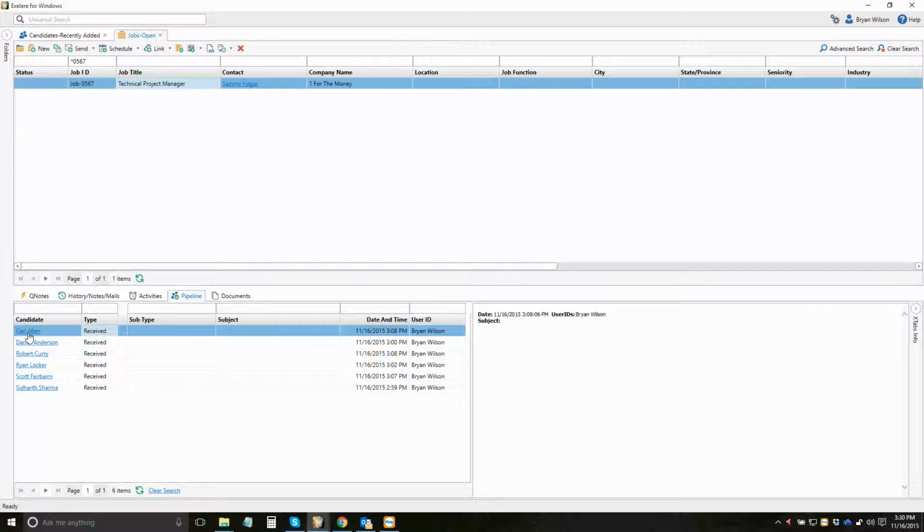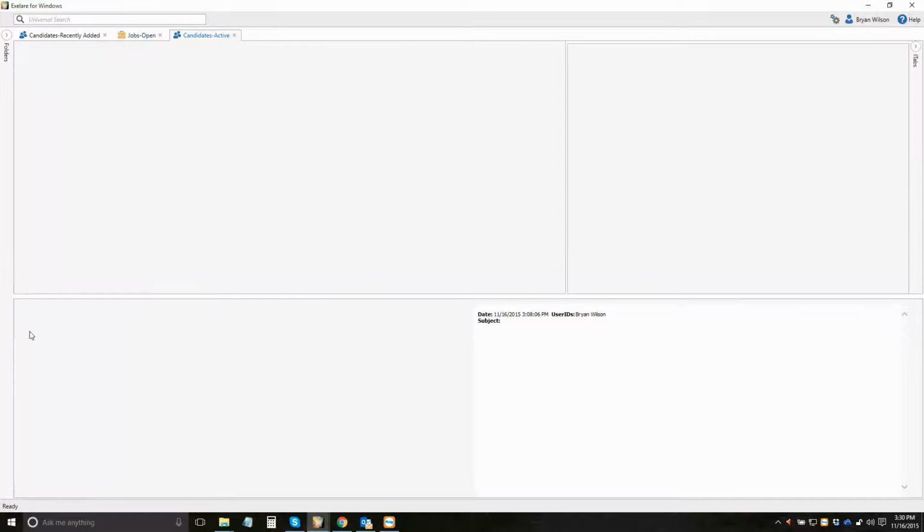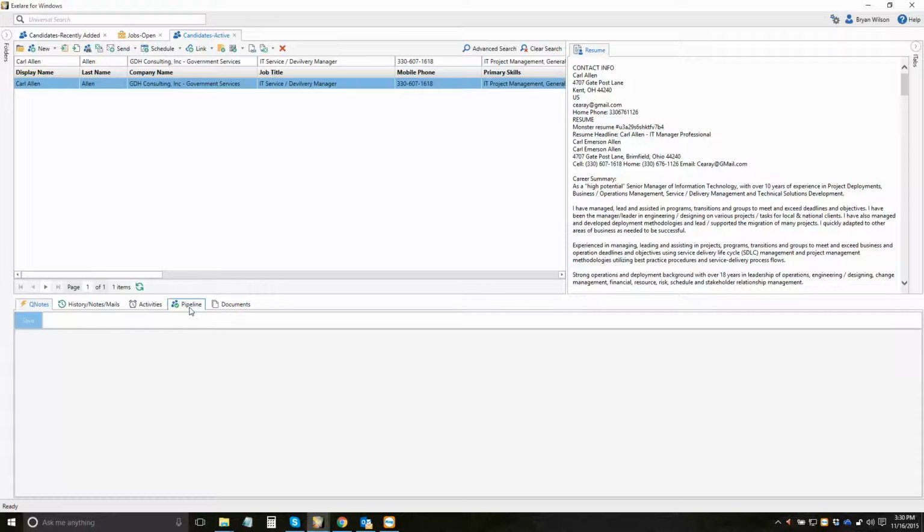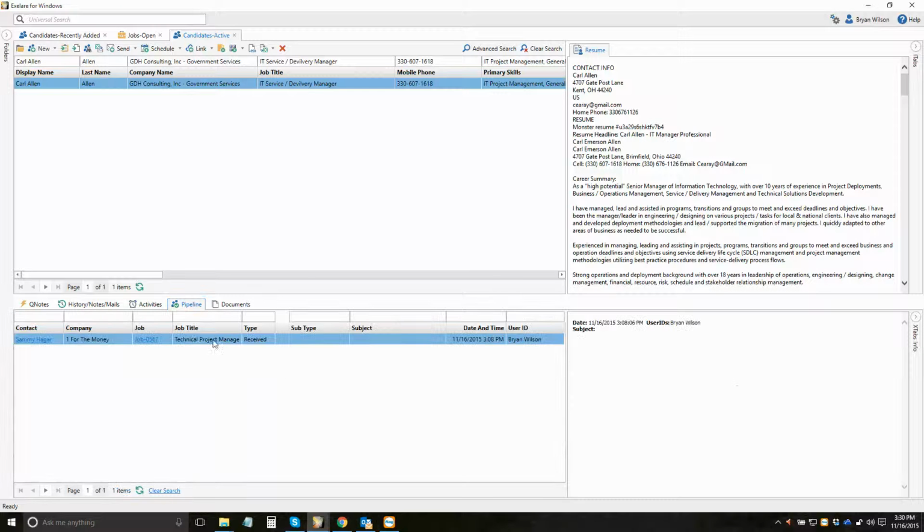Now, if I wanted to, I could always hop to the candidate record directly. This opens up the candidate record, and I could also click on the pipeline tab. And this would show me the same thing just from the candidate side of things, where it's showing you that you're considering this candidate for the technical project manager position for this job. So I can update the status of the candidate right here from the candidate, or by going back to the